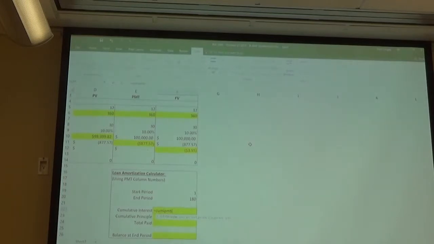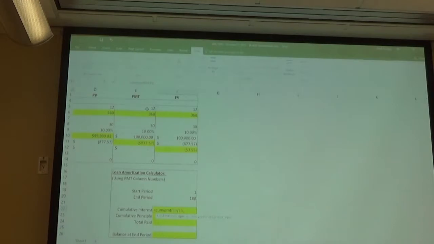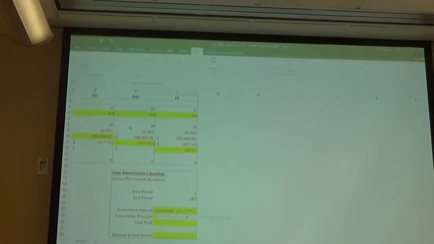Now, just like all the other functions, the first thing it asks for is, what is the rate? So we're going to go up. Same thing we've done before. In this case, oops, wrong column. Take cell E9, divide it by E5, comma, and then the number of periods is going to be the 30 or E8 times E5, which is 12, comma, then the present value of the loan, which is $100,000, comma,